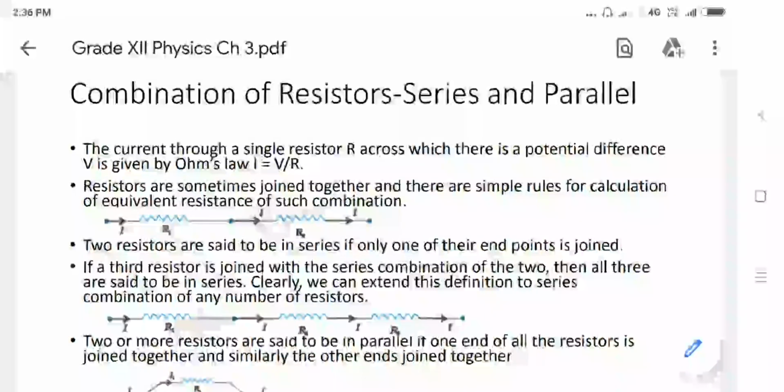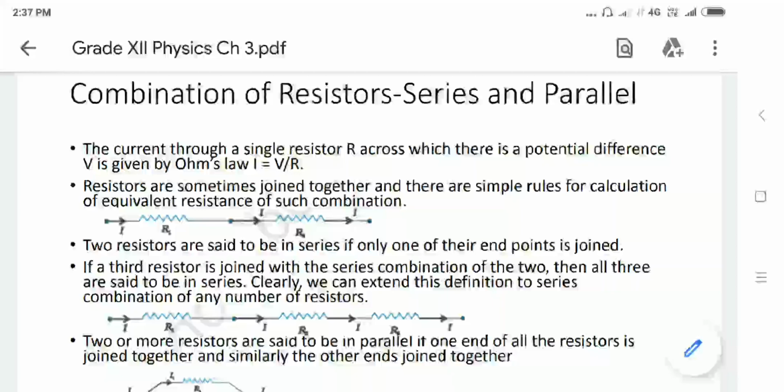As shown in the figure, R1 has its first terminal connected with one point. The second terminal of R1 is connected with the first terminal of R2, and the second terminal of R2 is connected with another point. Basically, there is a middle point where the second terminal of R1 and the first terminal of R2 are connected. Like this, two resistors are obtained in a single line. This is known as a series connection.